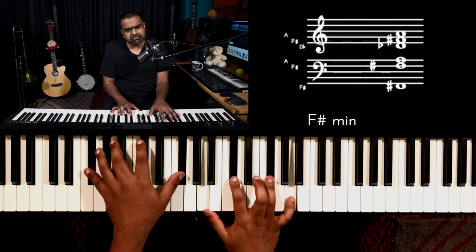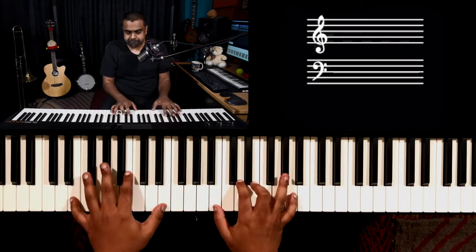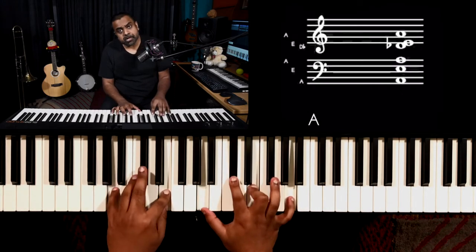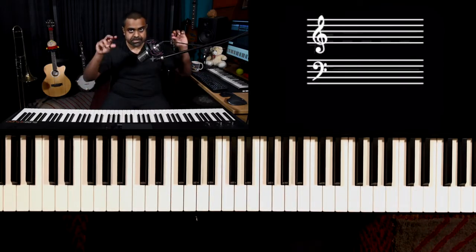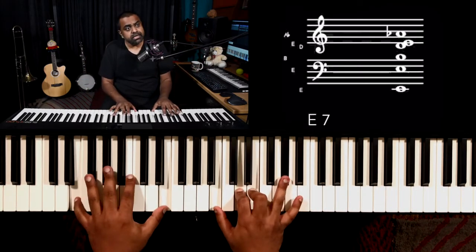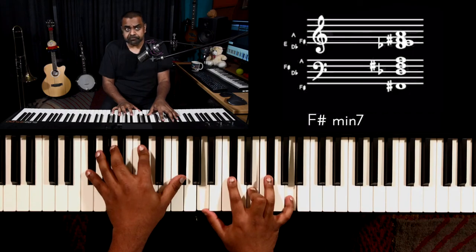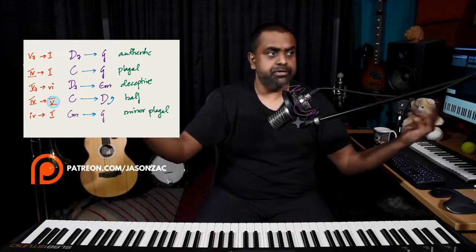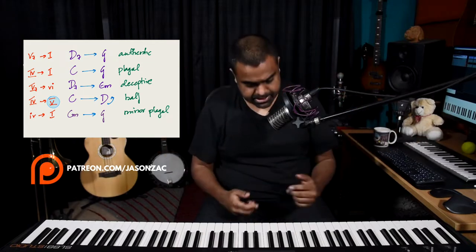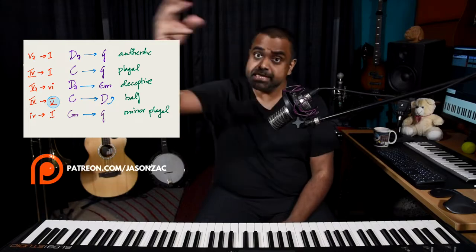And it's called deceptive, I guess, because you're assuming that you would end on major, but you deceive it, or you have this deceptive cadence by going to the minor. Great for changing the section of your song. Maybe you want to go to the bridge from a chorus to something very different, you could do the deceptive cadence, right? So what is the deceptive again? We go 5 to 6 minor.